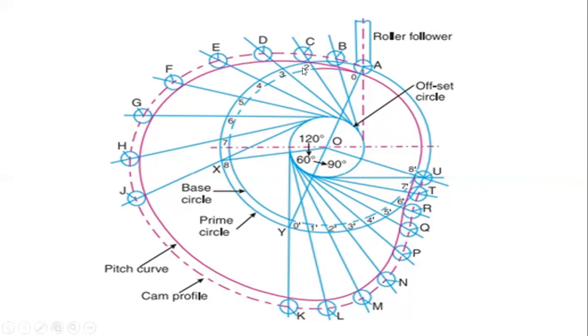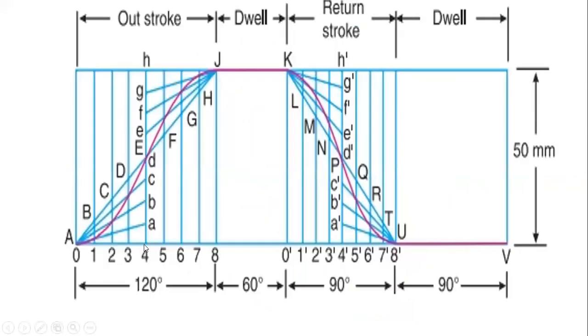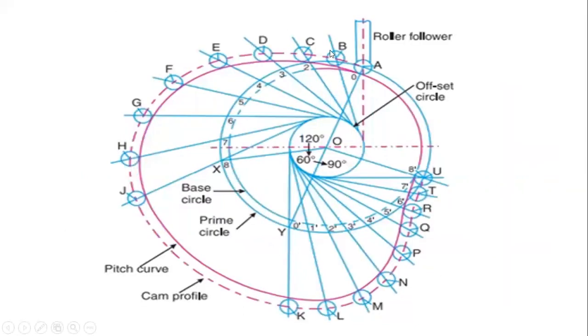Then we have obtained all these points from the displacement diagram. That is, we are going to take the 2C, 3D, 4E, 5F, 6G, 7H, and 8J lengths for each individual point, and then cut those lengths from these points, that is 2, 3, 4, 5, 6, 7, 8. We will obtain the points C, D, E, F, G, H, and J. So draw a freehand curve using these intersected points.